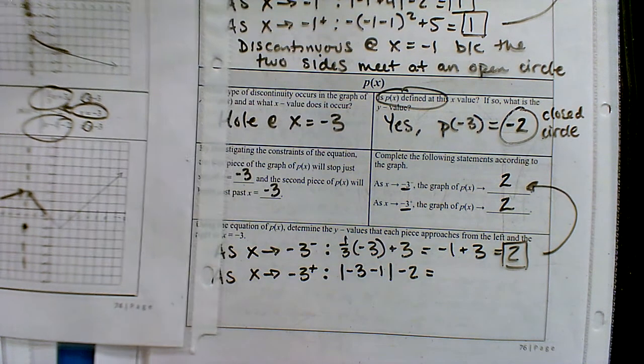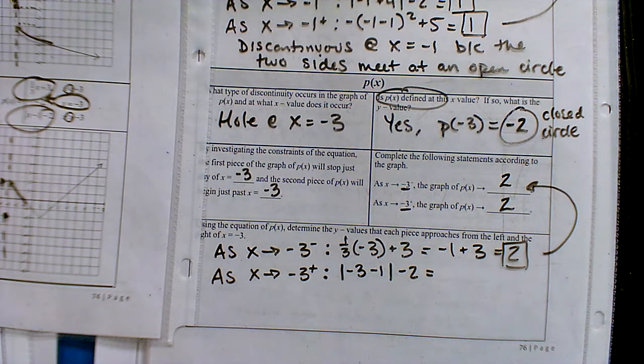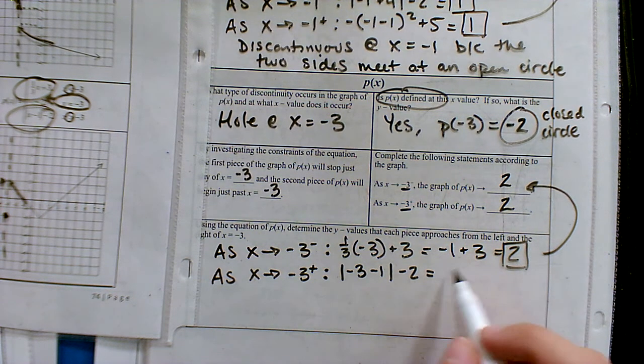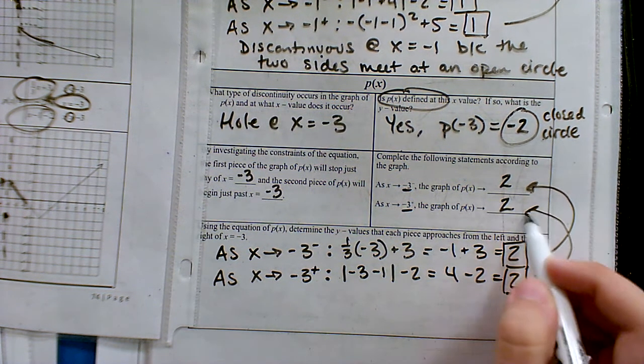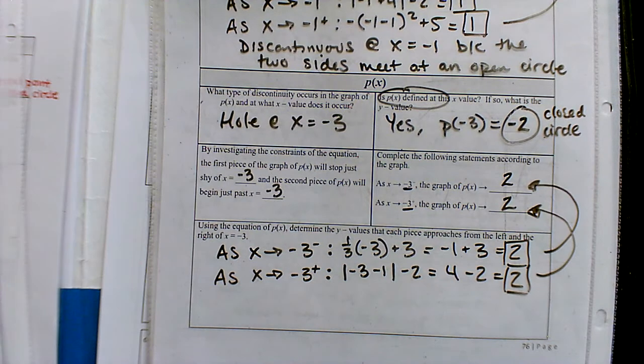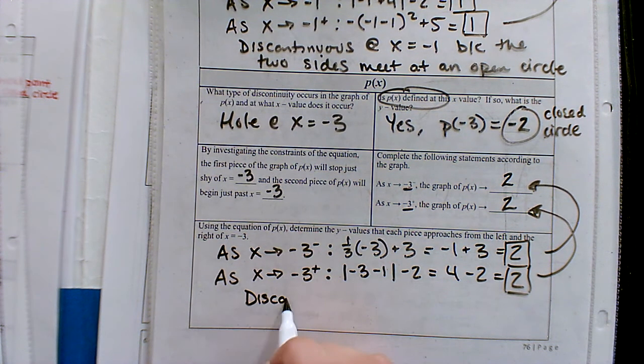-3 minus 1, we got -4. Absolute value changes it to a +4. Minus 2, we'll get 2. All right, checks out. So what are all these numbers telling us? We said we should have a hole because we saw the graph yesterday. But if we didn't have a graph, how are these numbers confirming that idea? What do you think? We can say discontinuous